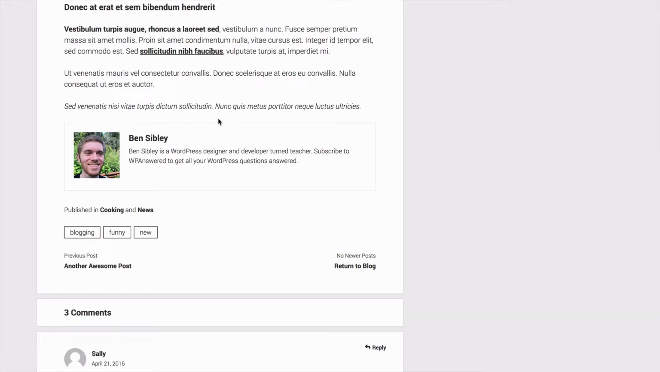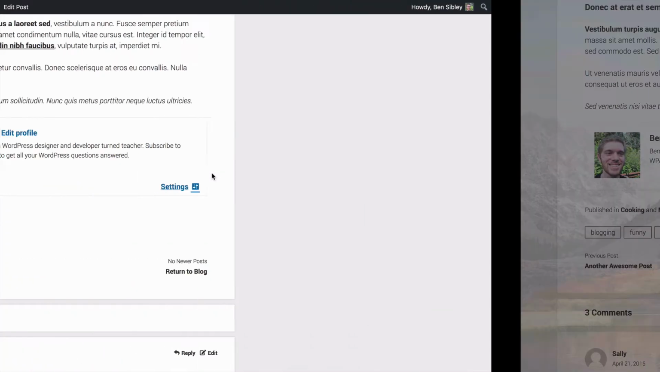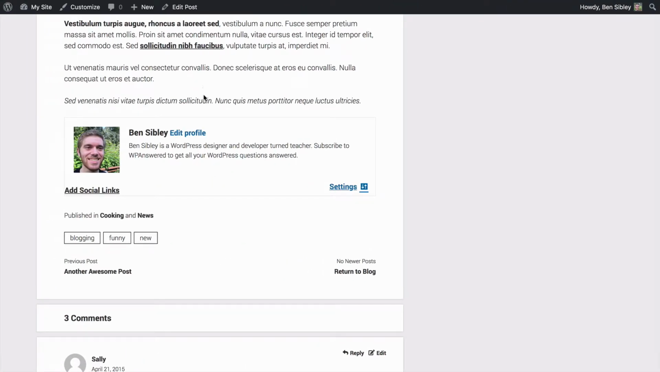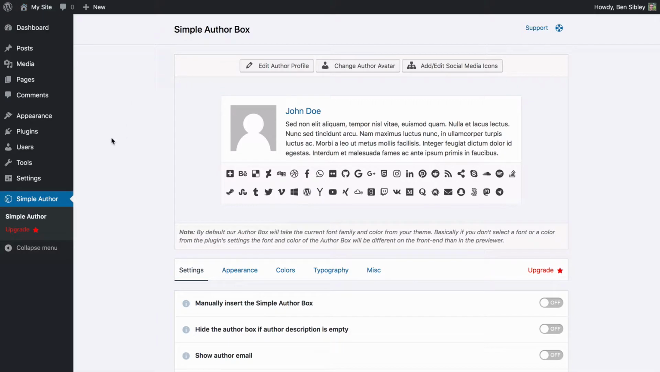Unlike some other plugins, the default style of Simple Author Box is really nice. Now you might be wondering where this info is coming from. This is another thing I like about this plugin. It sticks to the WordPress best practices. If I go to the users menu and I open up your profile,